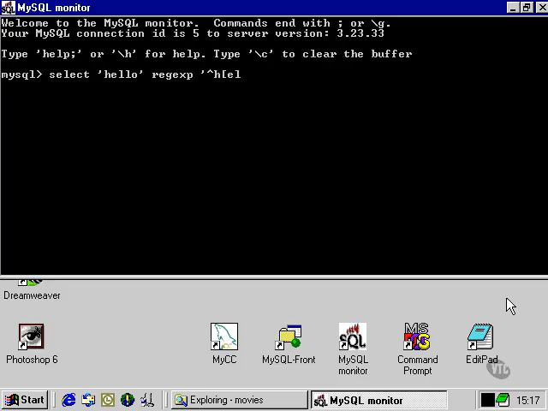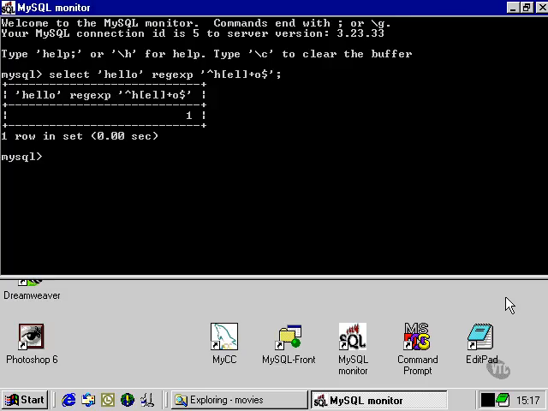So in this case, E and L, and we're going to use the plus sign, which means one or more of those characters. Finally, an O at the end of the string is what it's going to look for. As we can see, this one evaluates true, and it would do so as well if we put in a